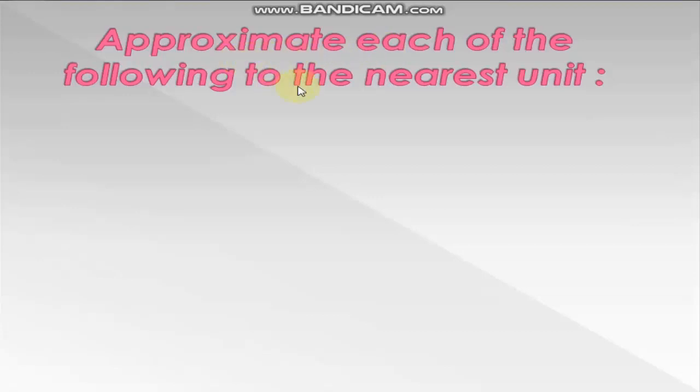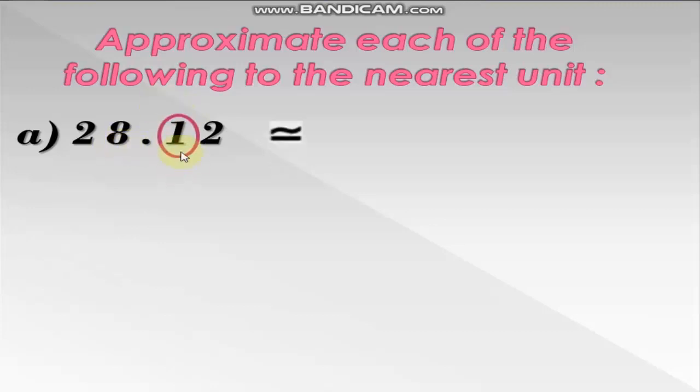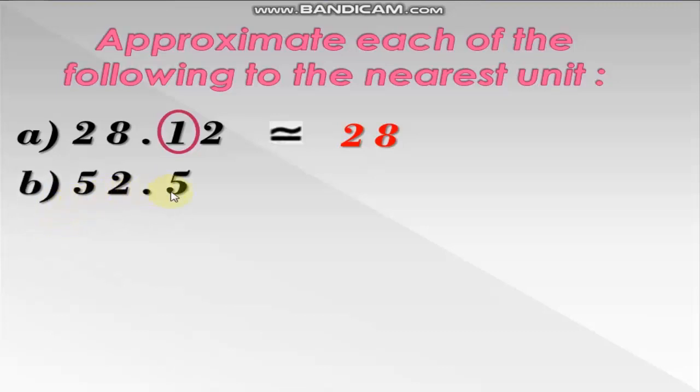Approximate each of the following to the nearest unit. Letter A, 28.12. The unit here is 8 and the tenth is number 1. 1 is less than 5, so we'll cancel it and keep the whole number as it is. It became number 28. Letter B, 52.5. The unit here is number 2 and the tenth is number 5. We say if it's 5 or more than 5, we cancel it and add 1 to the unit. It became